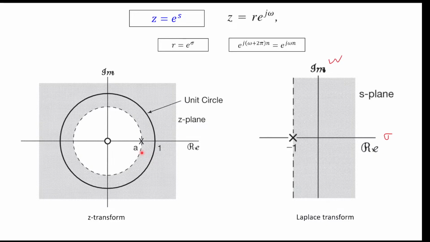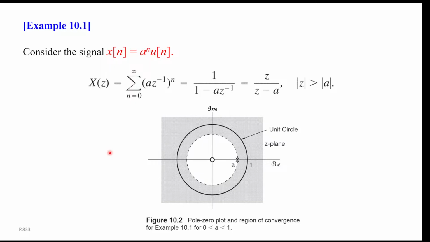Okay, so a right-sided signal in the Laplace transform means the ROC is outside, and a left-sided signal in the Laplace transform will have the ROC inside. And then two important signals,